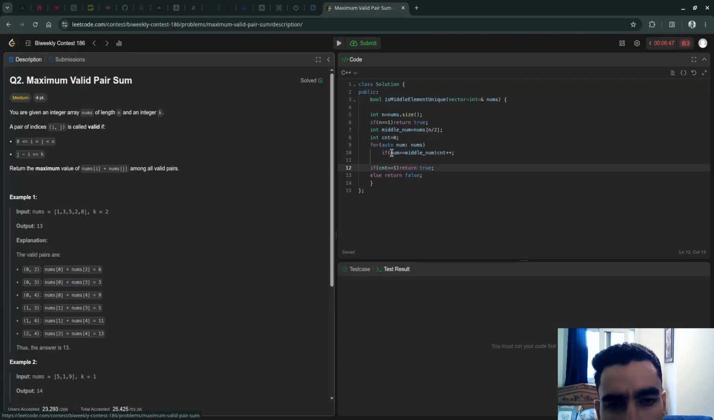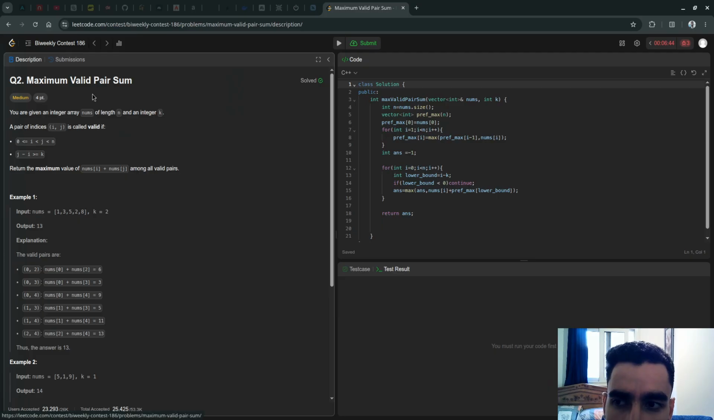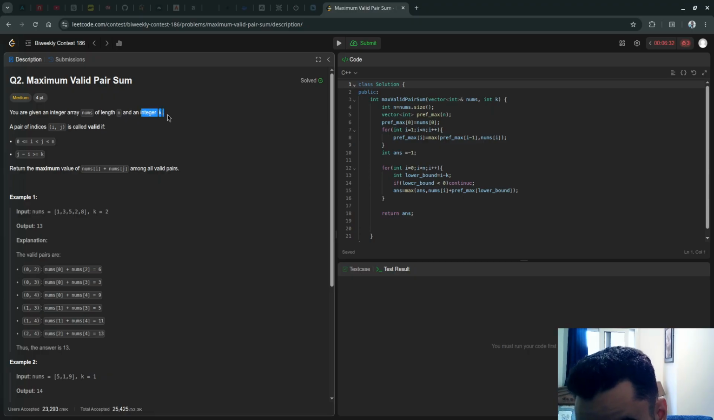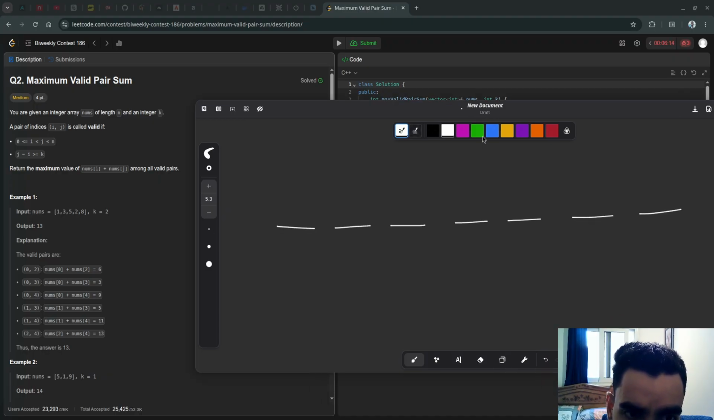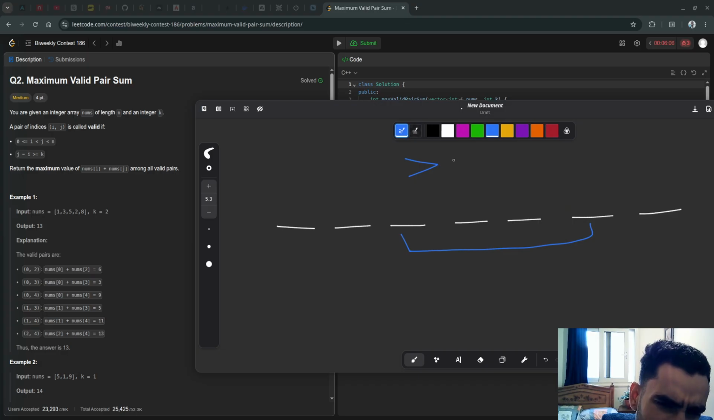Okay, the next problem is asking for the maximum valid pair sum. So we have a pair of indices i and j. We have an array of nums of length n, and we will be given an integer called k, and we need to return the maximum value of nums[i] plus nums[j] among all valid pairs. Okay, so basically it's like we have an array like this, and we need to choose any two elements such that the distance between them is bigger than or equal to